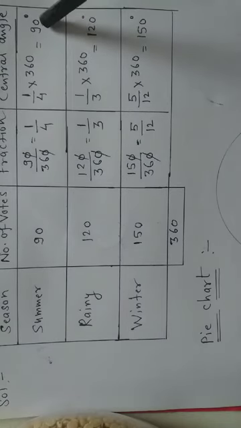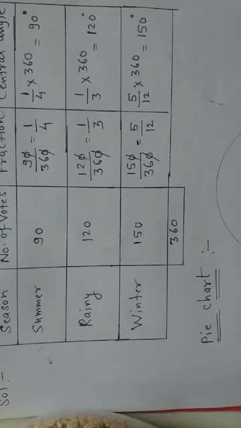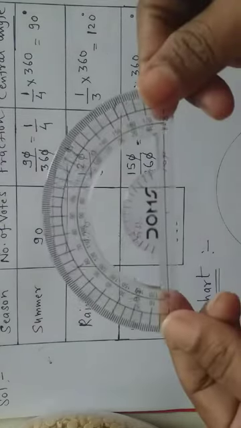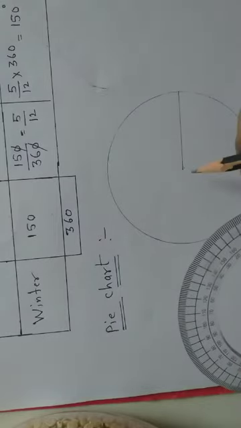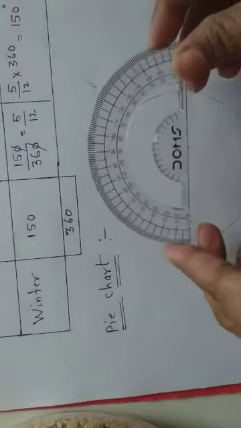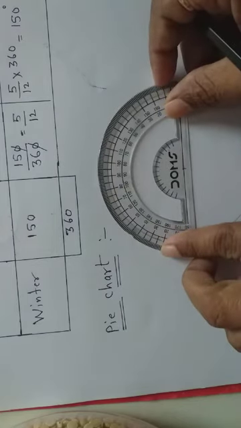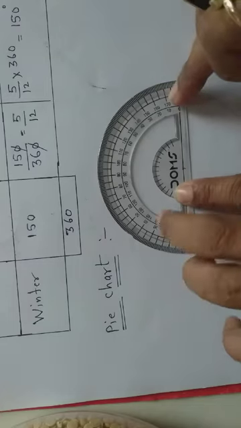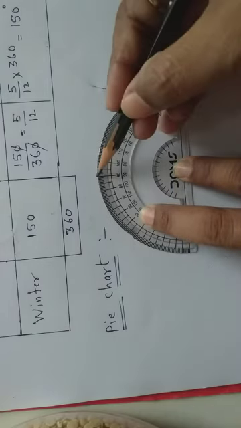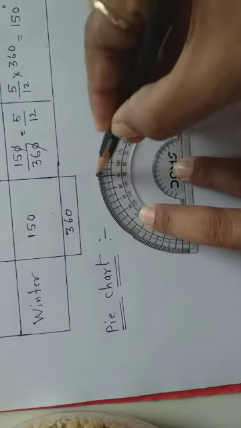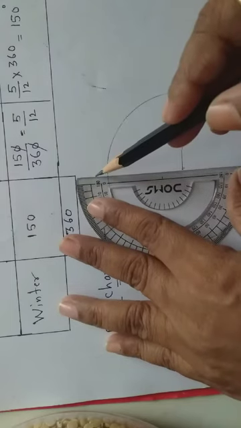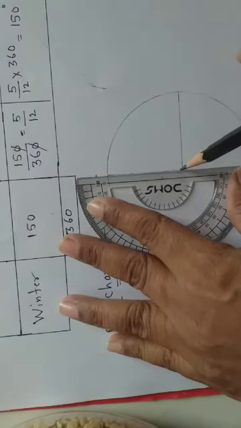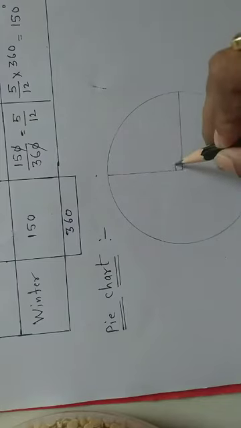Suppose we are drawing the 90 degree angle. For making the angle you have to use a protractor. By the protractor you will draw the 90 degree angle. For that, student, we will consider this as a baseline and keep the protractor in proper position, set it properly, and then see where is 90, definitely it is here. Now mark a dot and then join it with the center of the circle. So this is the 90 degree angle.